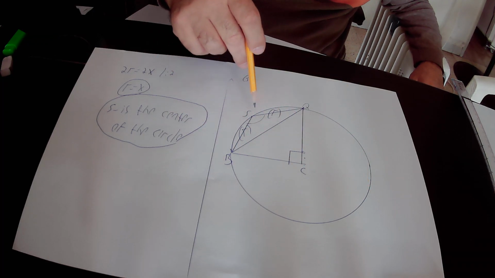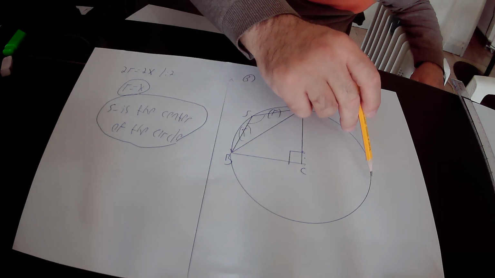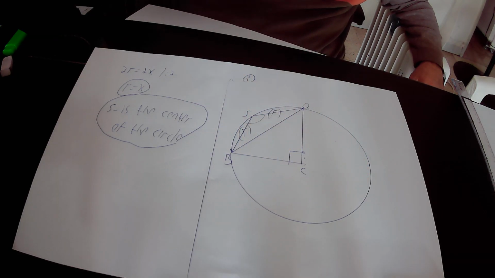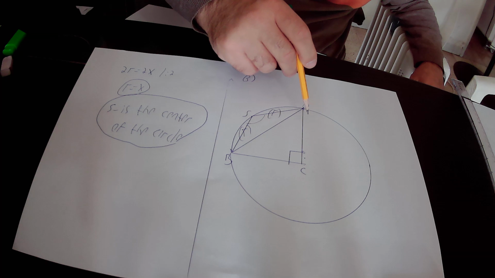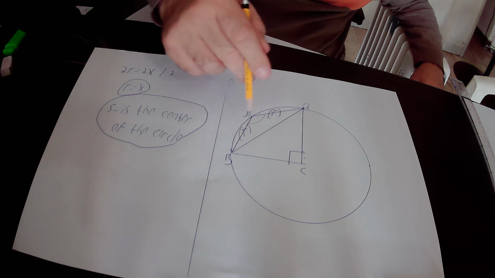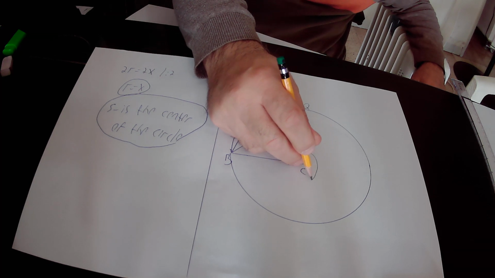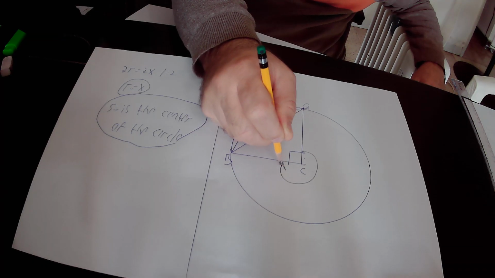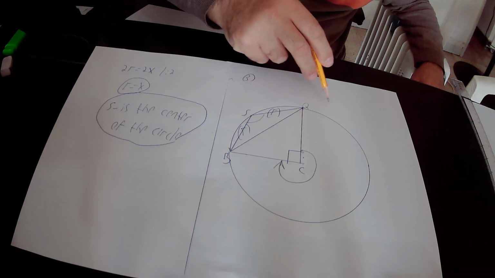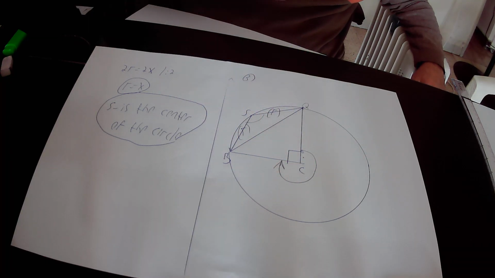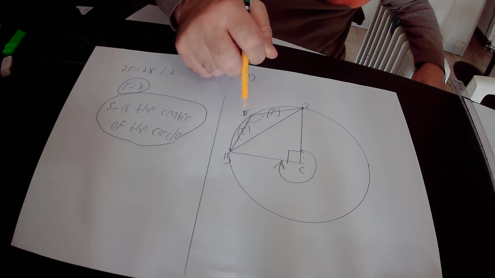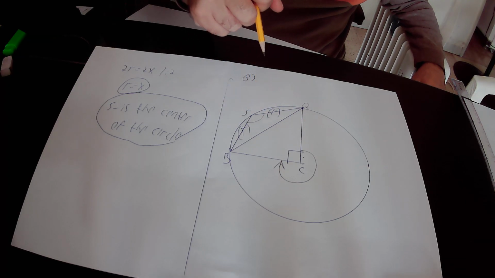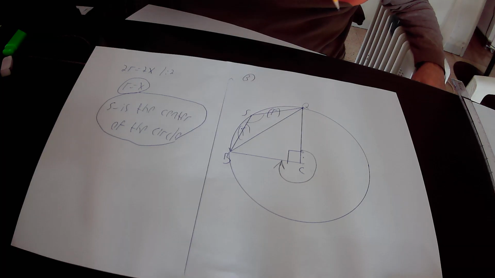Again, peripheral angle BSQ is subtended on RQB. And we also have the central angle QCB. This is the central angle QCB that is subtended on the same arc RQB. Therefore, the central angle QCB must be twice as large as the peripheral angle BSQ that is subtended on the